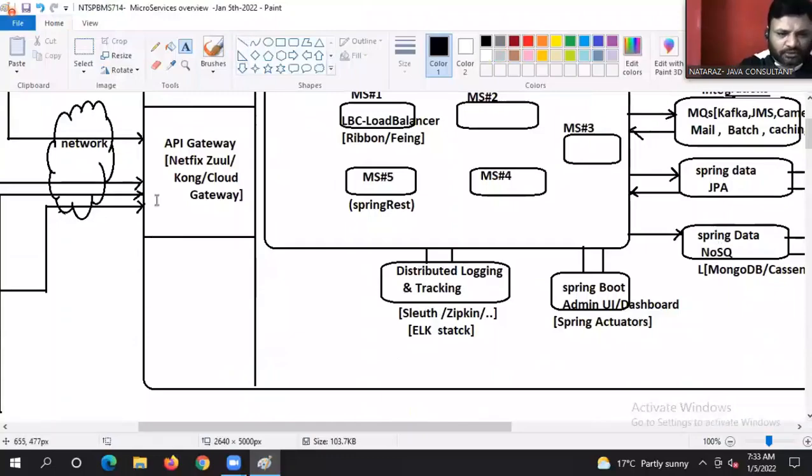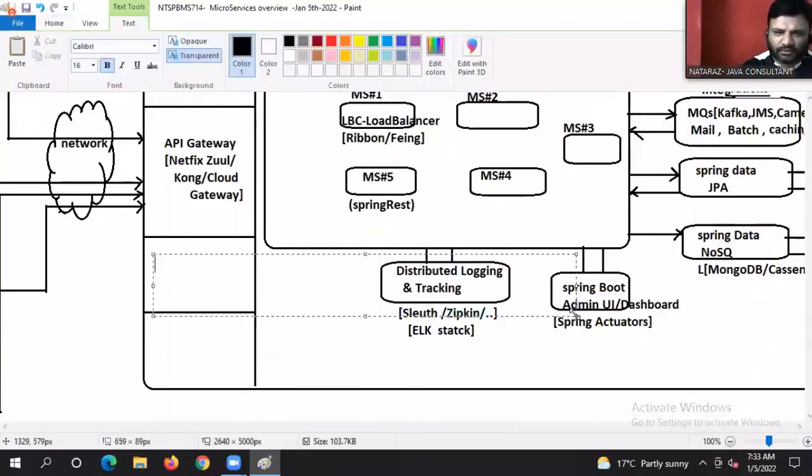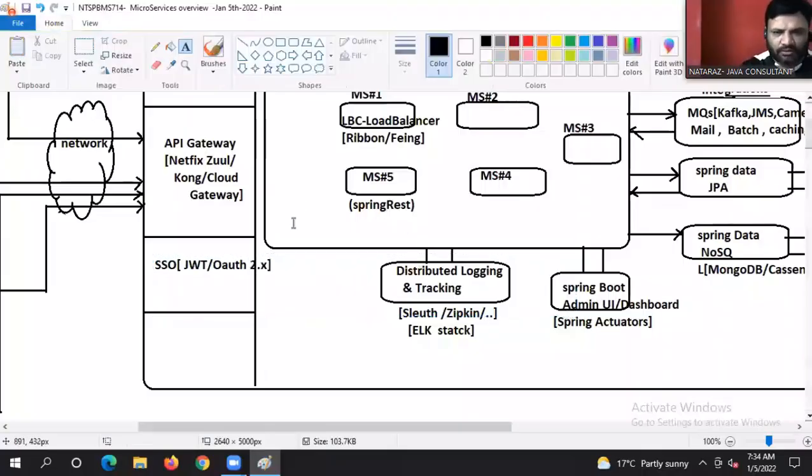When it comes to security, we can apply SSO, single sign-on. Don't think much about it. For single sign-on activity, we can use either JWT or OAuth 2.x.